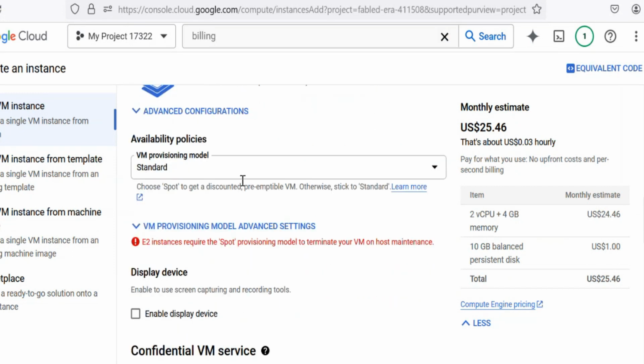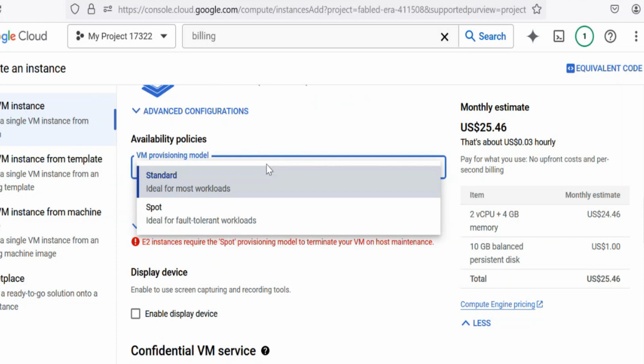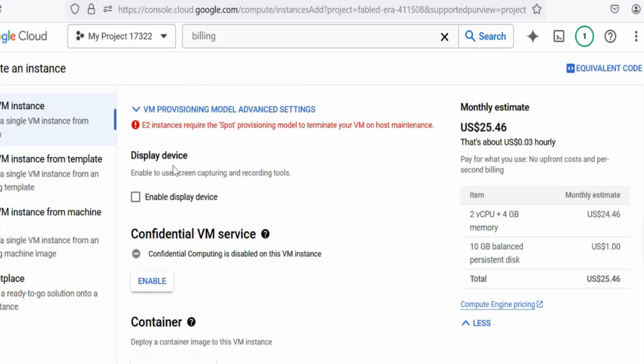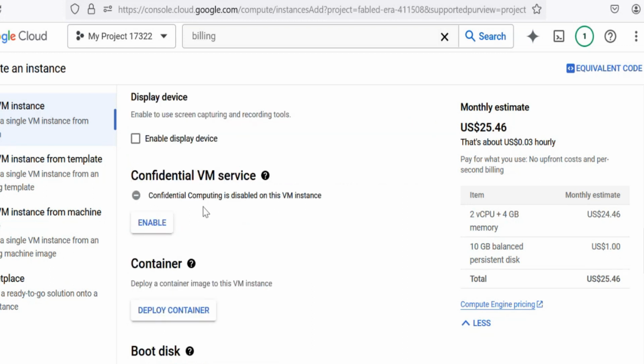Now, next you can see available policies. I'm going with the standard for the time being. Next, it is saying that E2 requires a spot provisioning model to terminate your VM. Okay. Here, I'll talk about it later. For the time being,